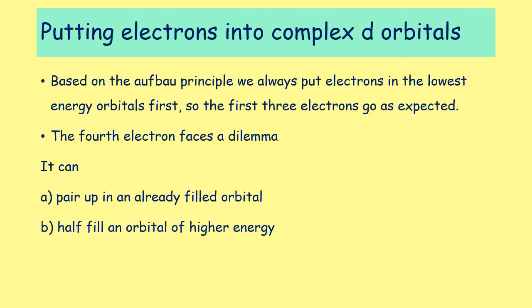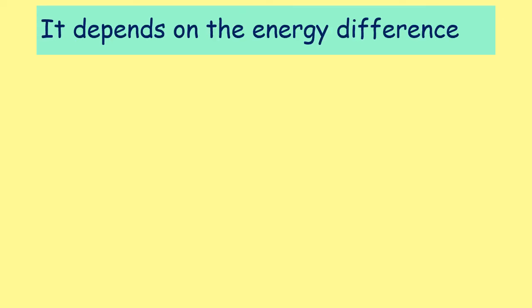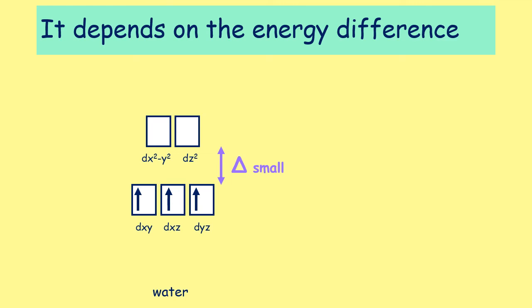Next electron could start pairing up. Or it could actually go into one of the orbitals that's higher in energy and avoid having to pair up, because remember, electrons don't want to pair up if they can avoid it. So this 4th electron dilemma as to what happens is going to be affected by the size of the energy gap, which is determined by the size of the ligand. So if you've got a small energy gap, such as the case you would have if you had water ligands or halide ligands,